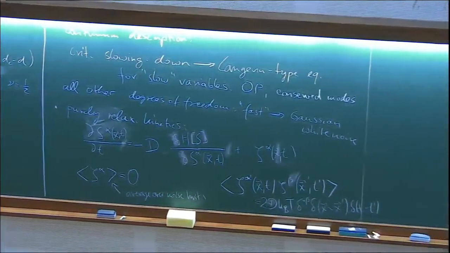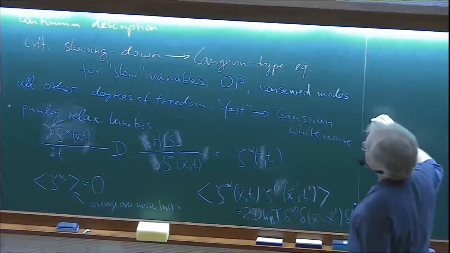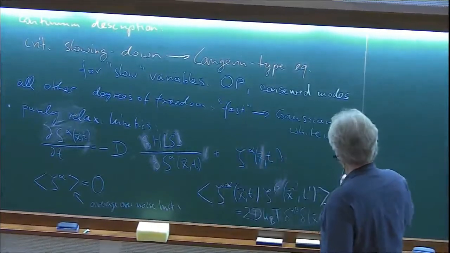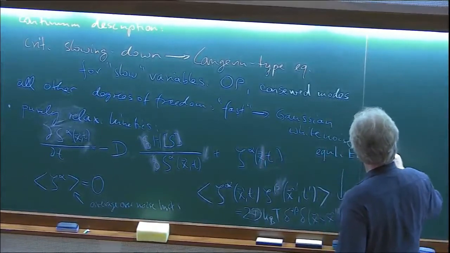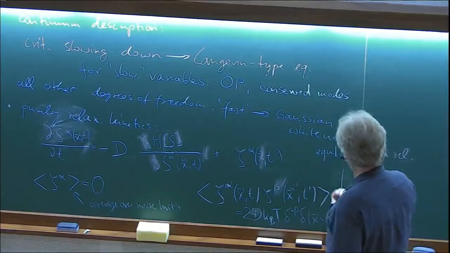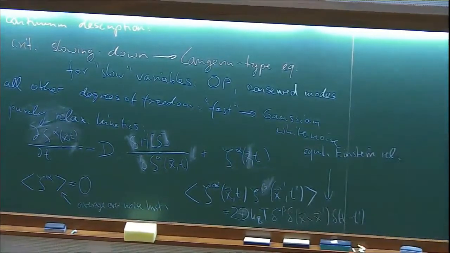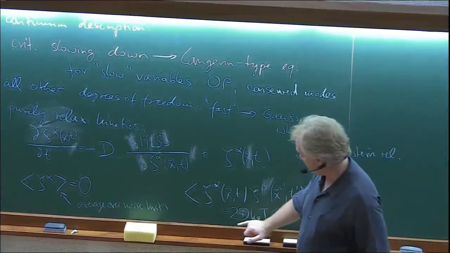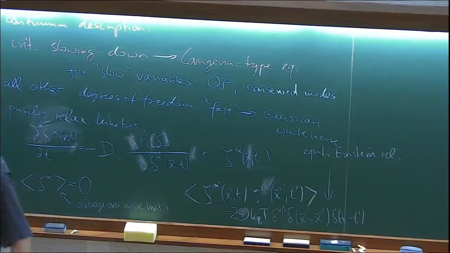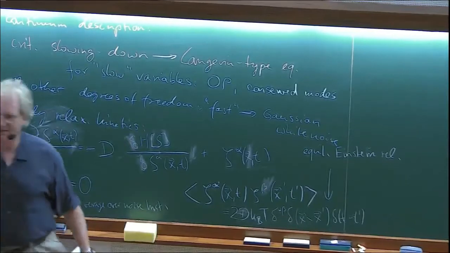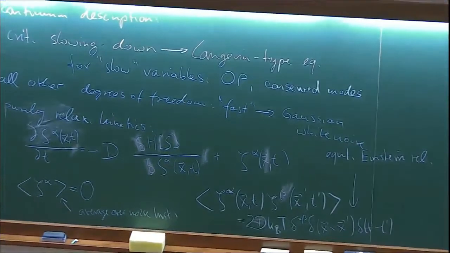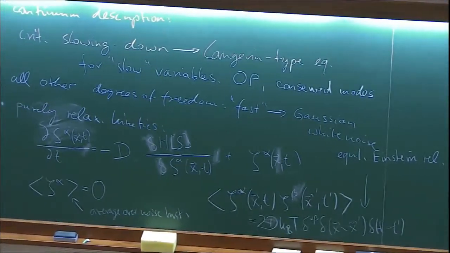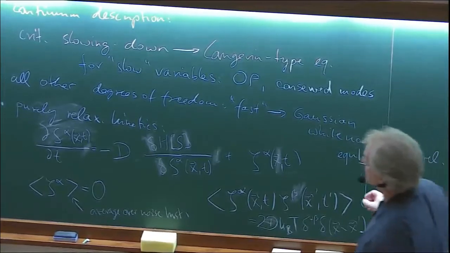So for now, let me just impose that. So this is imposing an equilibrium Einstein relation, or what's sometimes called a fluctuation dissipation theorem of the second kind, because in the Langevin equation language, this one will actually give you this one back. Okay. And we'll see that. So this is our description. Questions so far? This is for a non-conserved order parameter.